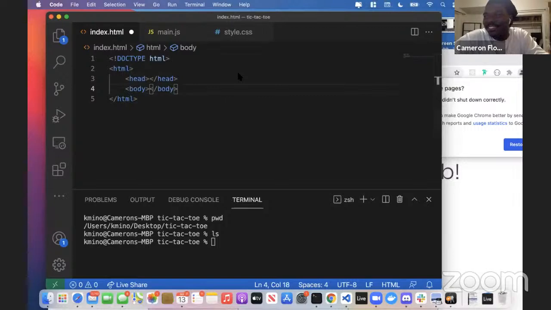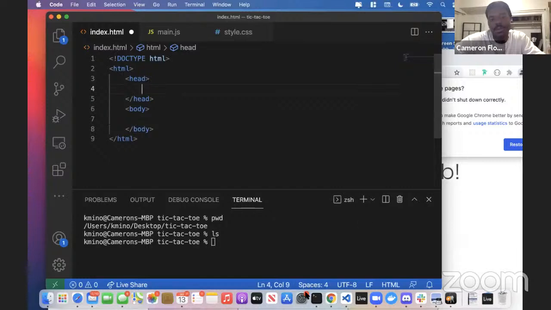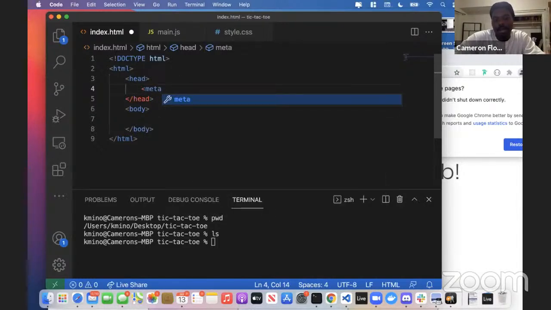Appreciate y'all. Cool. So what we're gonna do is just define out these HTML elements, and this is the part that I was saying I'm gonna go a little bit quicker on because I don't want to spend this whole class talking only about the HTML. But for instance, when we talk about the head, like I mentioned, the head is where we would put metadata. The metadata that we define in the head is more often than not just information that's important for the document to know about itself. So some good examples of that might be